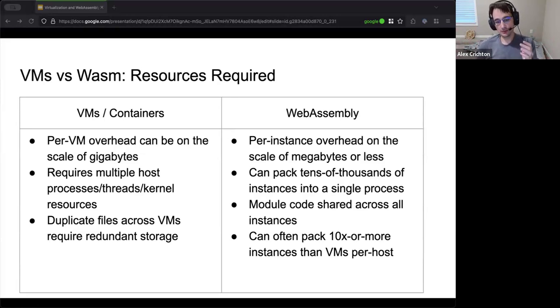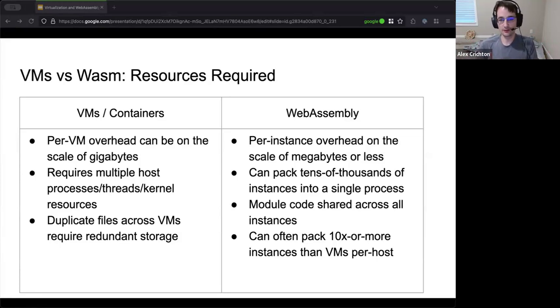The idea is that the per-instance overhead of one particular WebAssembly instance is very, very small. It's intended to be constrained to exactly the resources and the memory footprint of the actual WASM module itself. We can put thousands and thousands of these on a machine without all that much overhead. The main limiting factor is honestly virtual memory. We start running out of virtual memory when you actually run this many modules, but even that is tweakable. You can change various settings if you're willing to accept more of a performance hit in that regard.